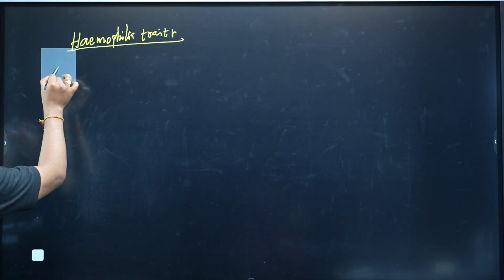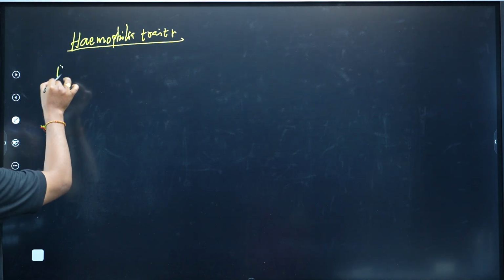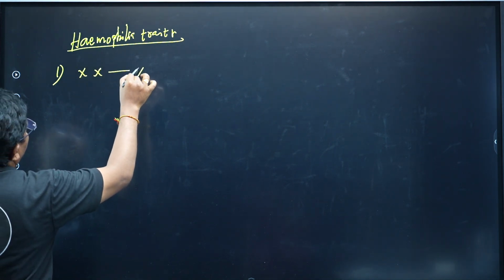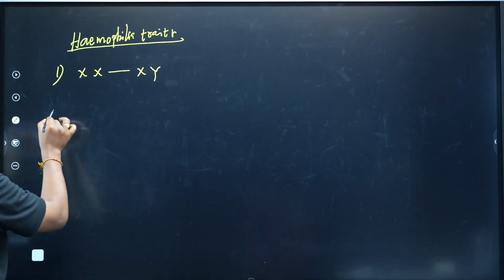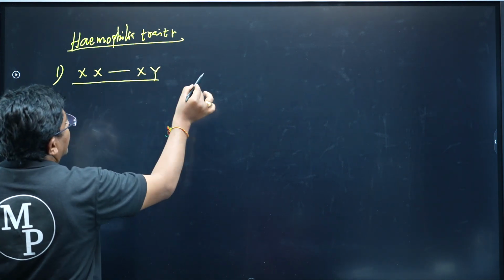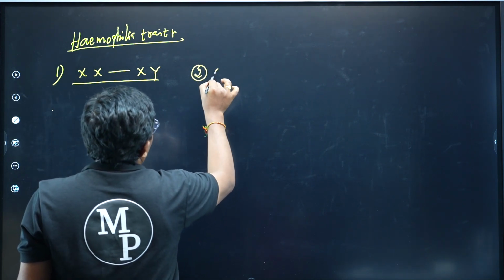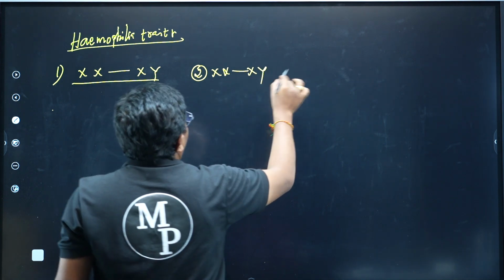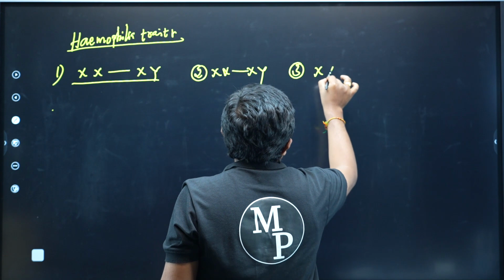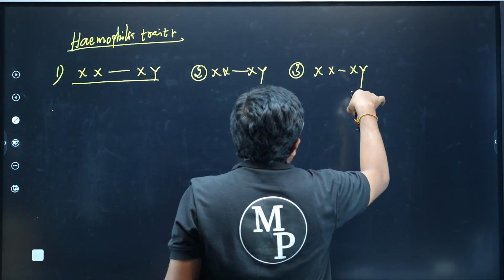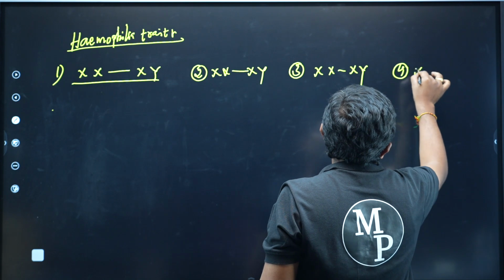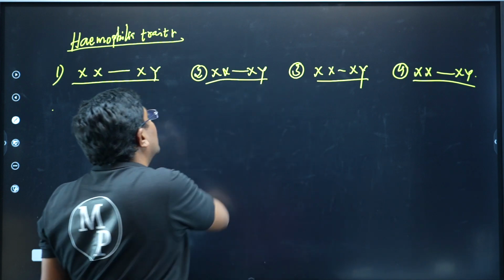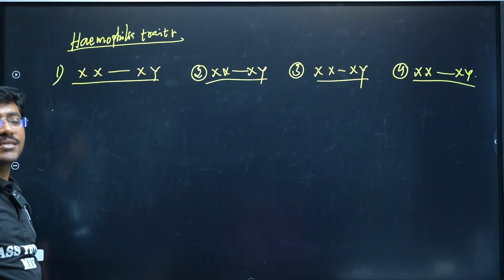Same as before, there are 4 parent combinations here: mother and father, a second mother and father, and again the same. These are the 4 traits as usual, same as the color blindness trait.